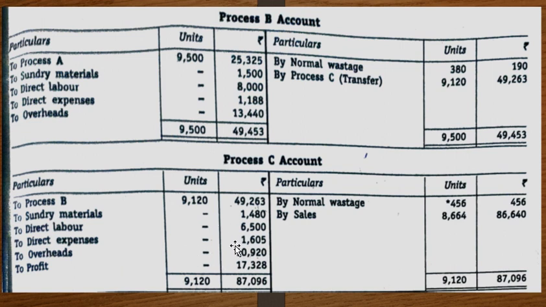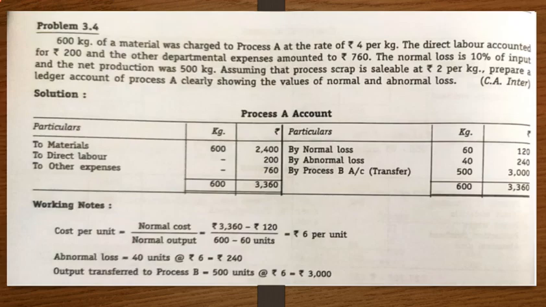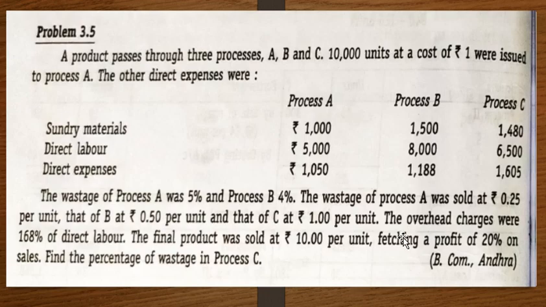So till here we will do the calculation. Now we need to find out whether this process has any wastage in it, normal loss wastage, or any information about it given. If you look into the question, in this problem they have given the scrap value, the value at which process C sells the scrap, which is rupees 1 per unit, but they have not given the percentage for that scrap. And they have given that the overhead charges are already considered.